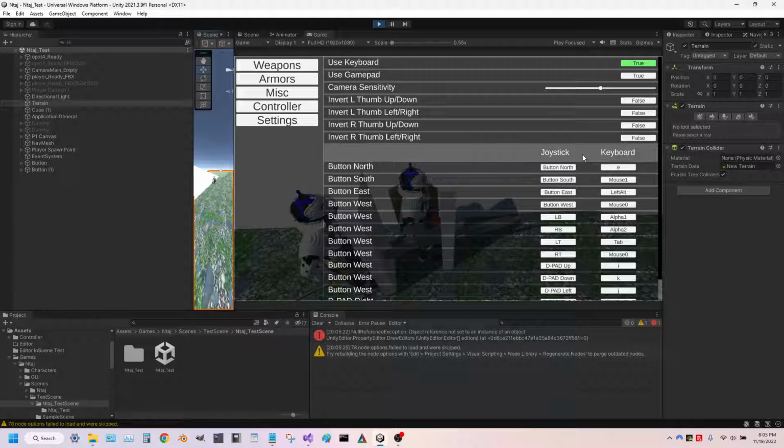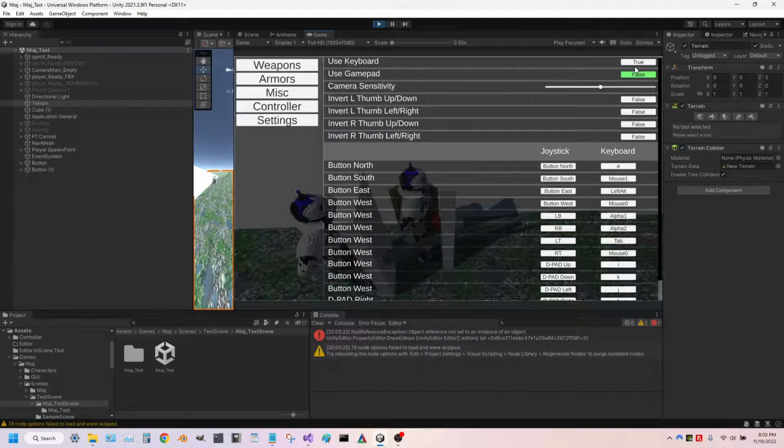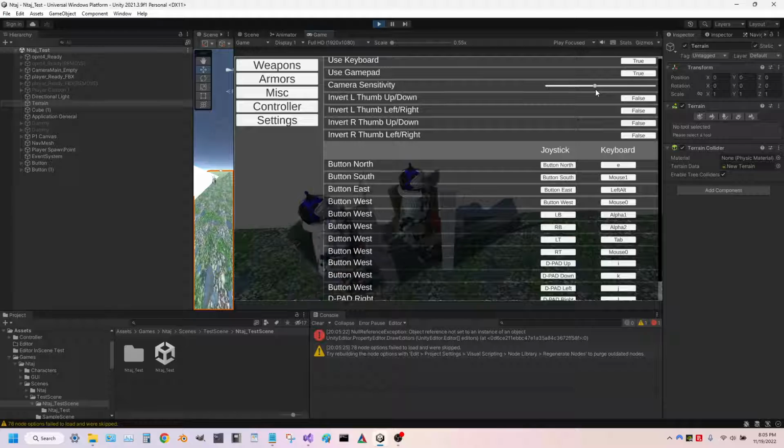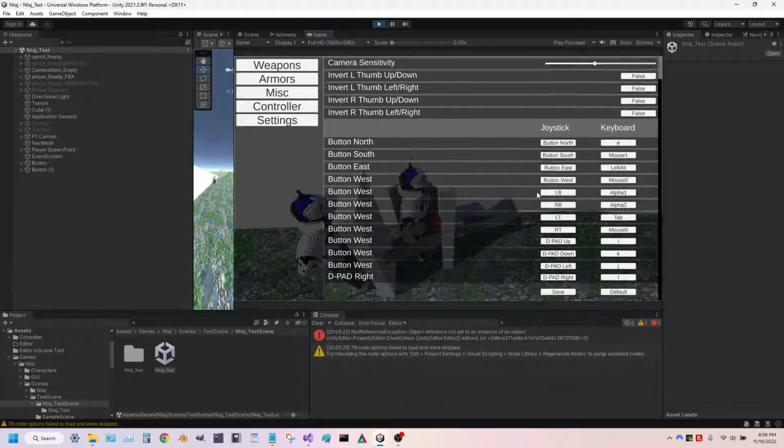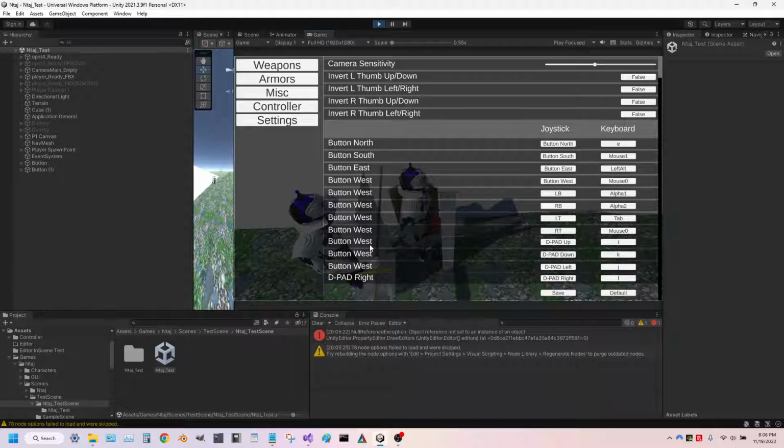So we have the joystick and the keyboard controller, and here we can set the gamepad and the keyboard to false and true. Then camera sensitivity, thumbstick, invert thumbstick, and north, south, east, west buttons, D-pad, and I haven't named these yet